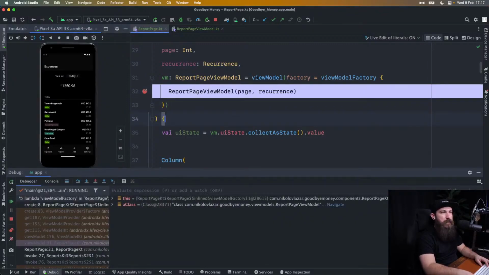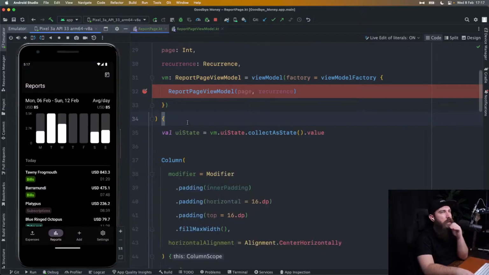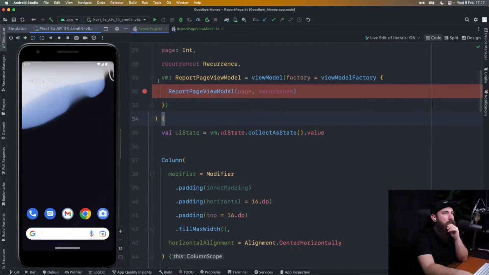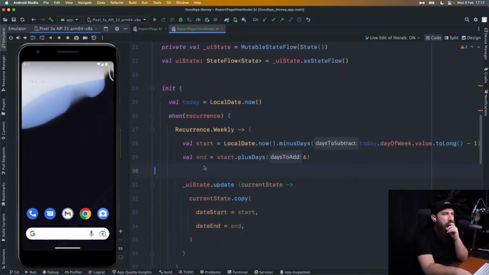So the page, let's see, what's the page? 0, recurrence is weekly. If I swipe left, so it's going to be the same. Yeah, so only one instance. Damn it, only one. Yeah, we can put it on the back thread. It's no big deal, but